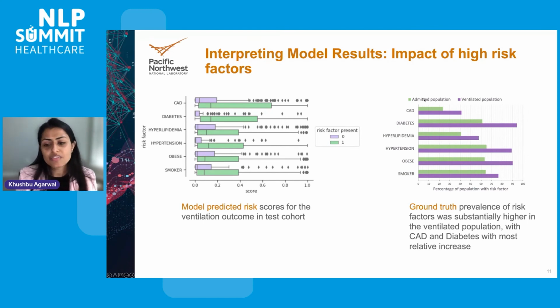And then we went back and said, okay, the model says that, how much does the risk change as you are on one or the other risk factors, and we validated it against the data for ventilated patients in the cohort. So what you see on the right is the percentage of patients that were admitted and had a ventilation outcome, and how it compared to the fraction of patients in the ventilated cohort